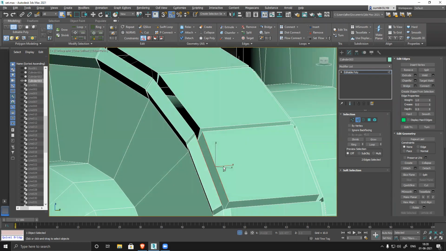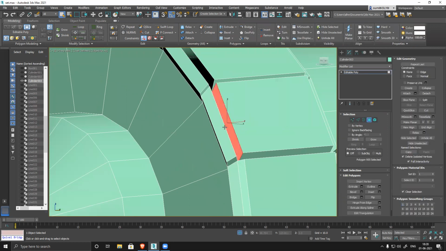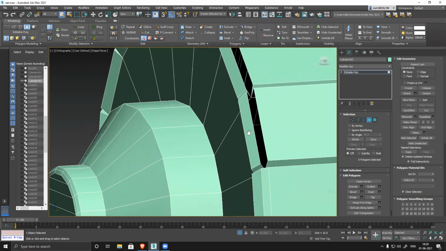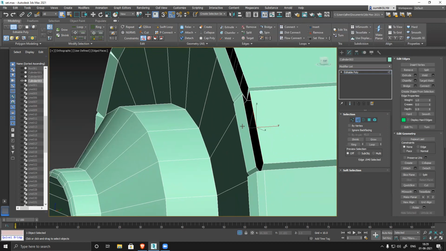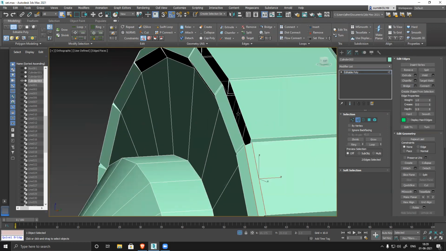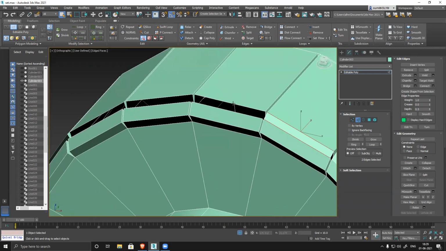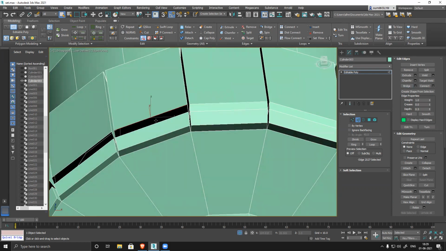Okay. Let's delete this one. Do not worry about that hole. That hole also will fix.